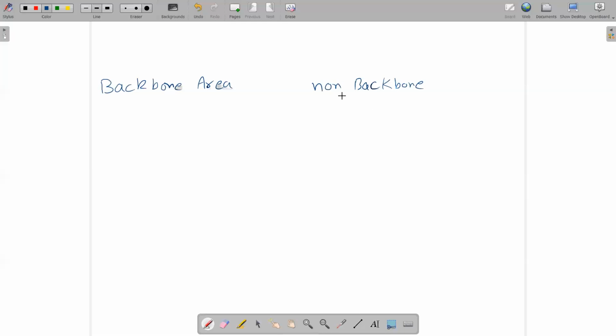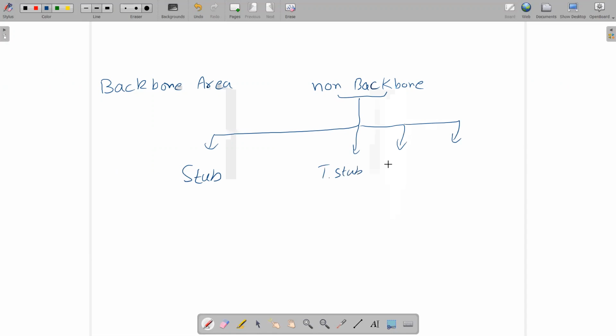From the non-backbone areas, we have multiple types of areas. We have stub area, totally stub area, not so stubby area,